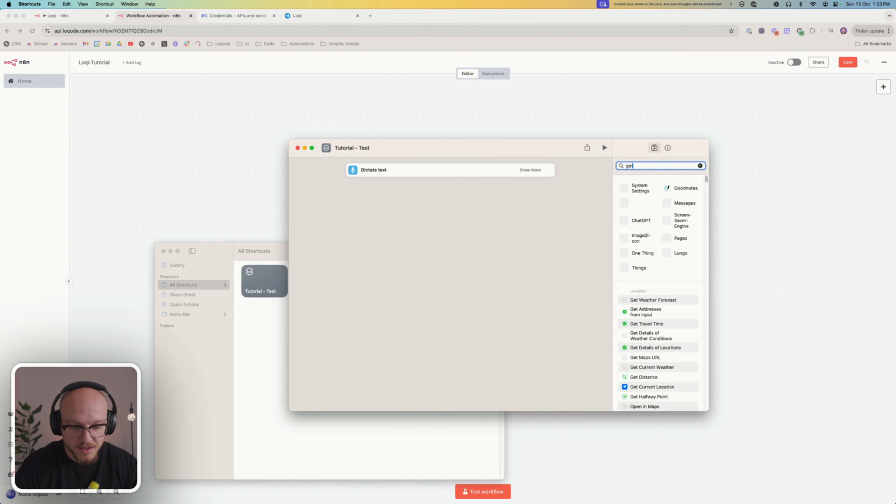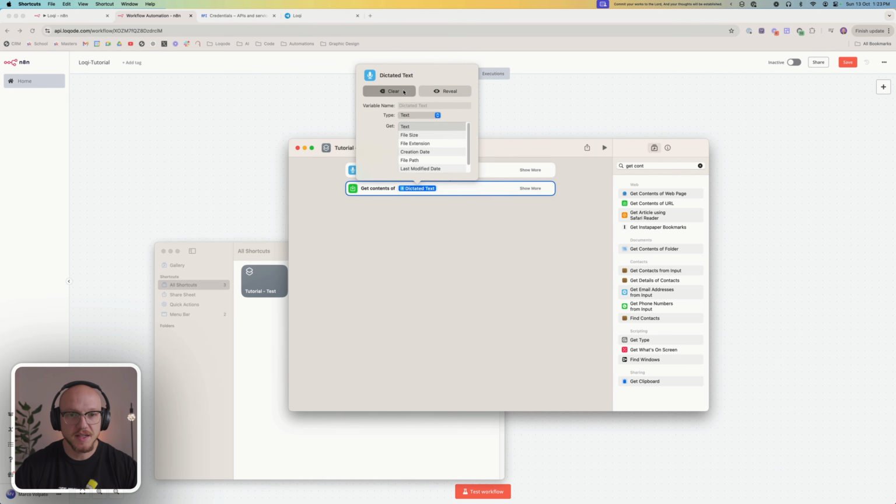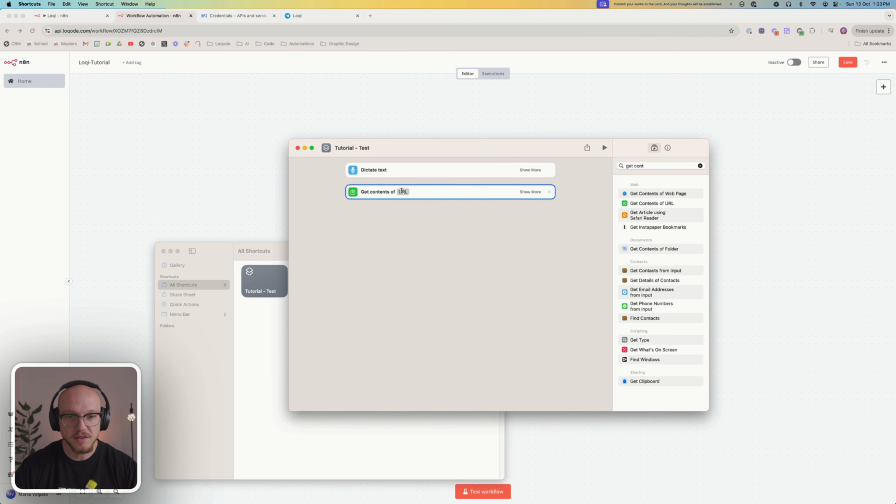Then what we're going to do is add get contents of URL. Now they don't name this very well. This essentially means perform a get request, perform a post request, or whatever it is. So this is what was blowing my mind. So we don't want to get contents of dictated text. So we can clear that. We do want to get contents of